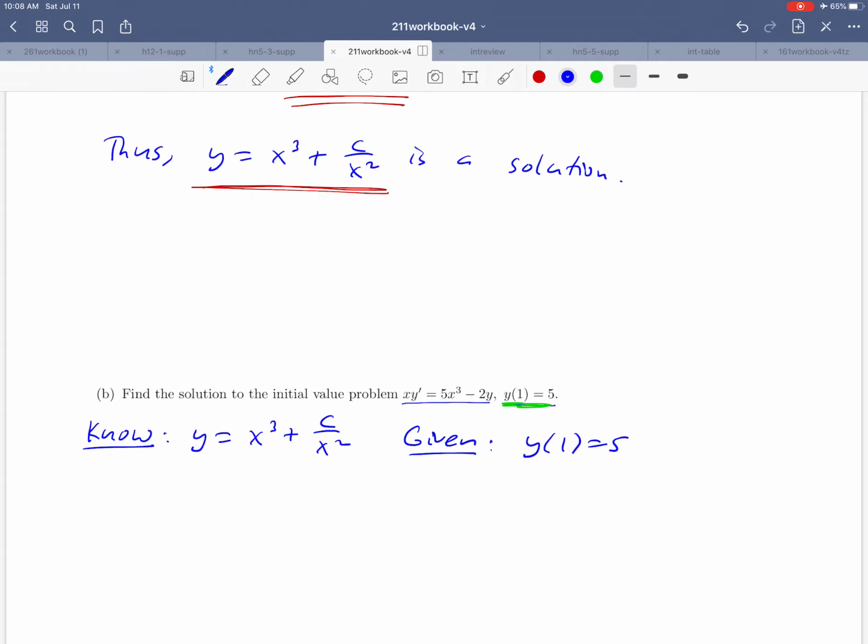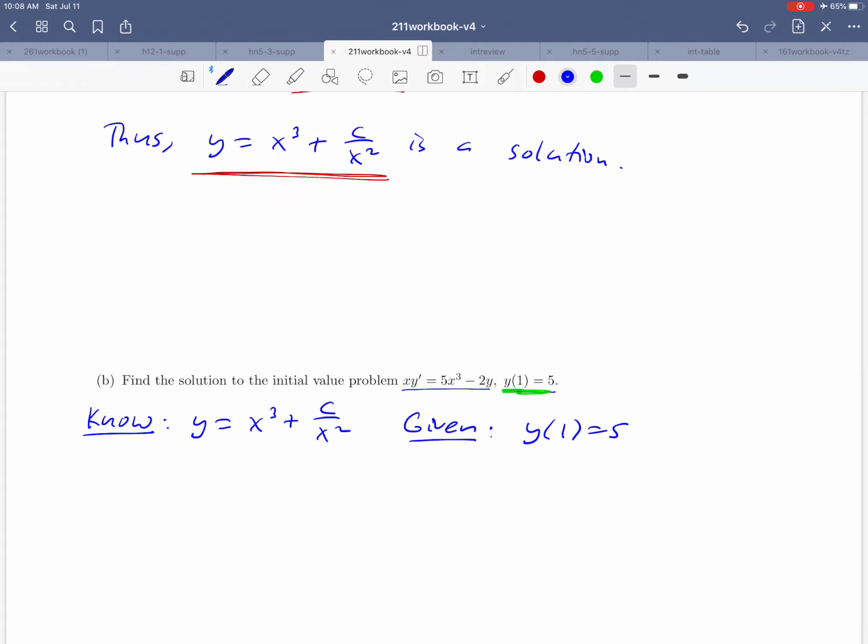The idea is just to use that initial condition to figure out what the value of this constant is. We'll start with the given statement y of 1 equals 5. Remember again, that's just giving us a point essentially. It's telling us that when x is equal to 1, y is equal to 5. So we'll take those two values for x and y and substitute into the solution curve from part A that we already know. If we let y be 5 and x be 1,